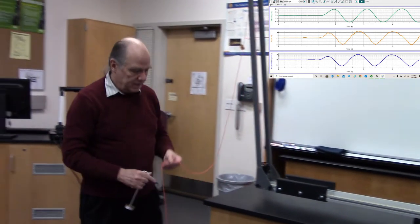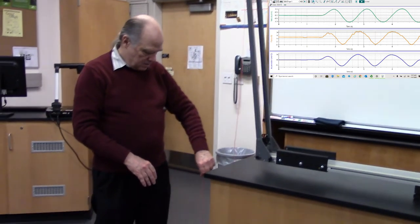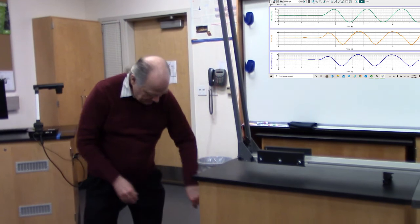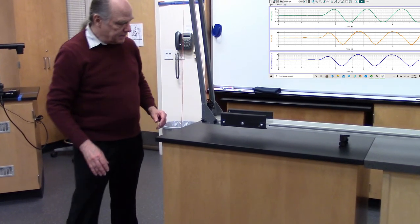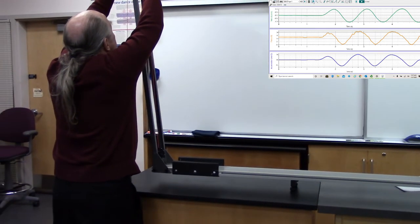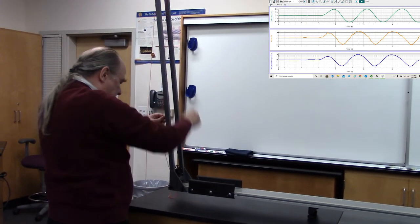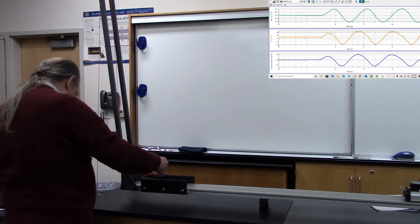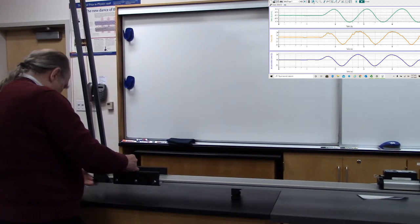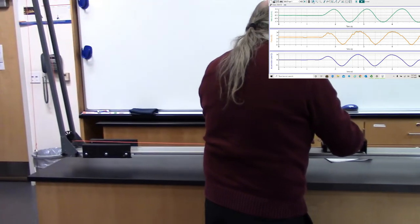Okay, so I'm going to put this 100 gram weight on. Do that. There we go. I think that will work. We'll see. There. And with this particular exercise that I'm going to do here, it's very important that we have the strings going through the grooves in the wheels. In other parts of this lab, you can kind of get away with not, although you get some peculiar numbers, you can still potentially draw conclusions from it. But this part,